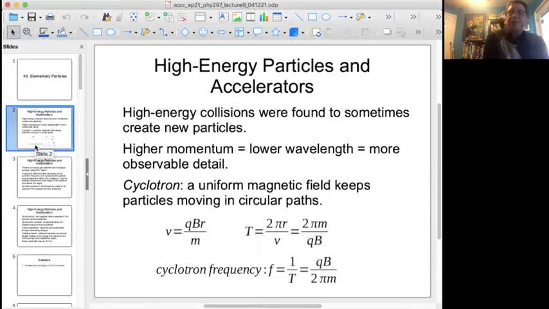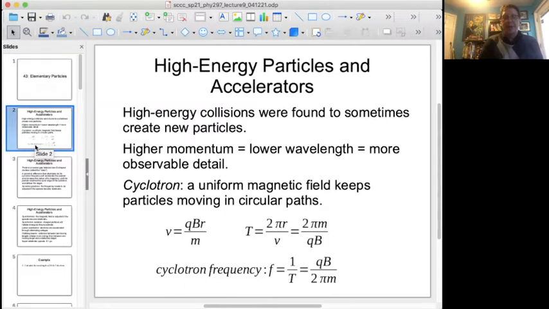And so the most basic way that we've created high energy collisions involving basic atomic or subatomic particles is with what's called a cyclotron. Basically, a uniform magnetic field keeps particles moving in circular paths. When you set up your cyclotron, you want to make the momentum as large as possible, because the greater the momentum, the lower the wavelength and the greater the resolution with which you can observe what goes on at the atomic